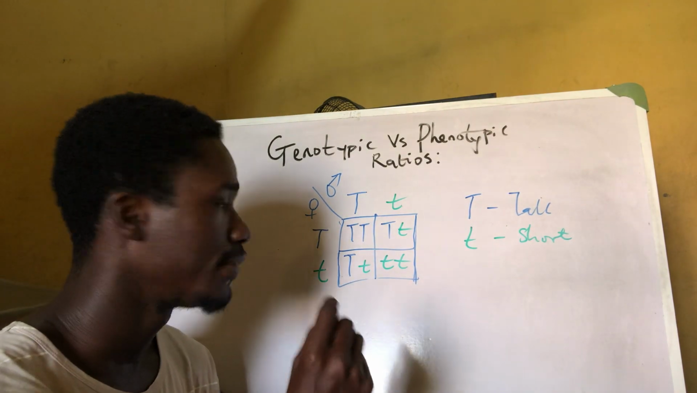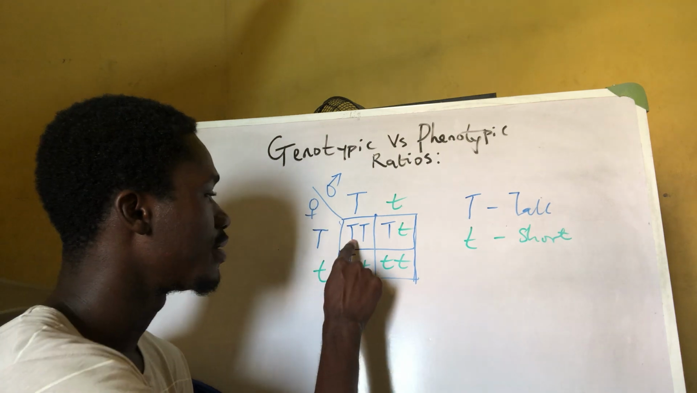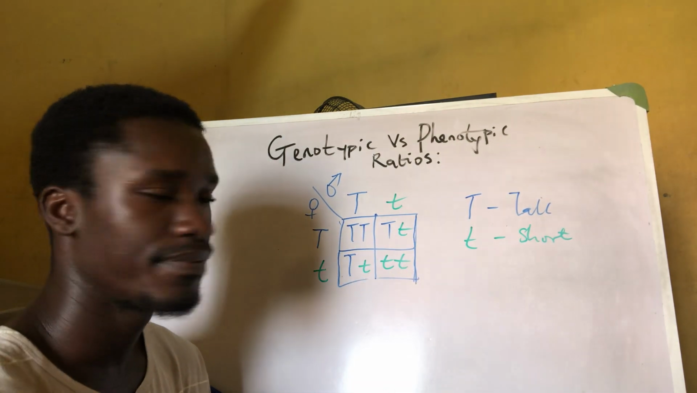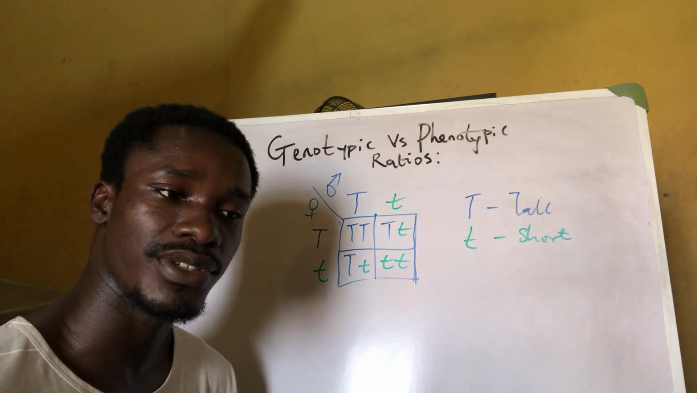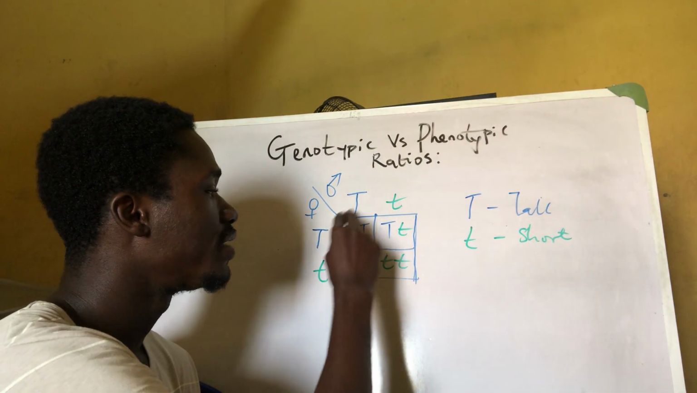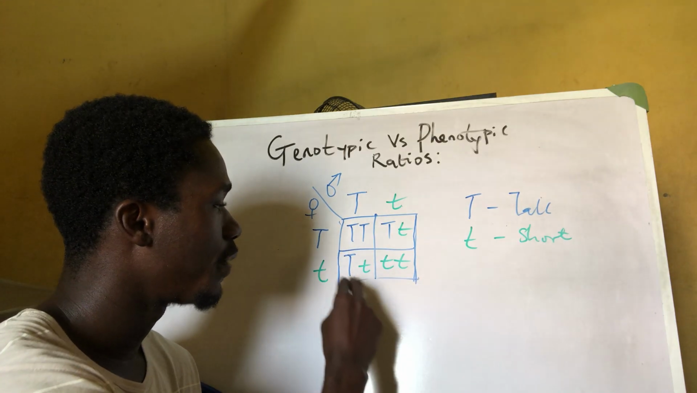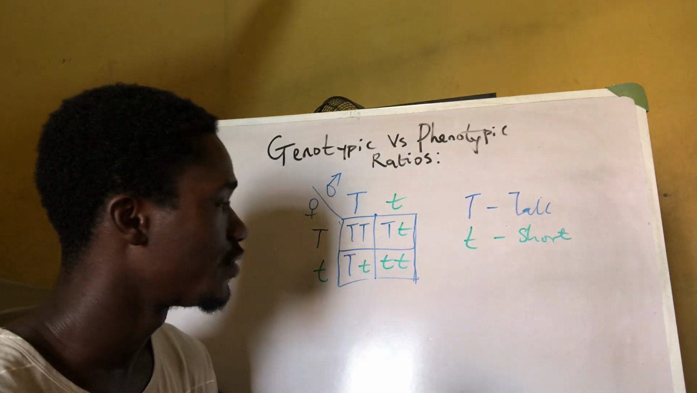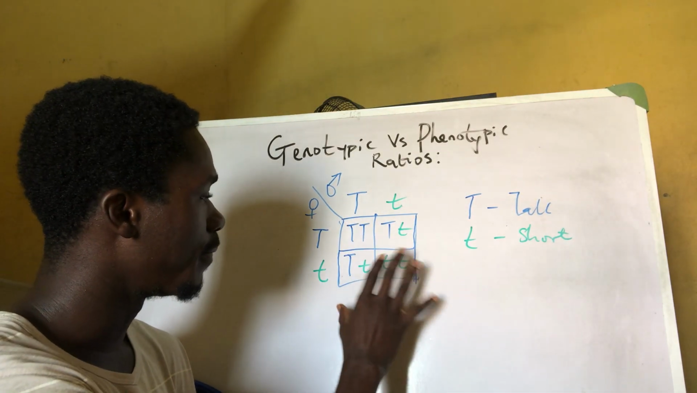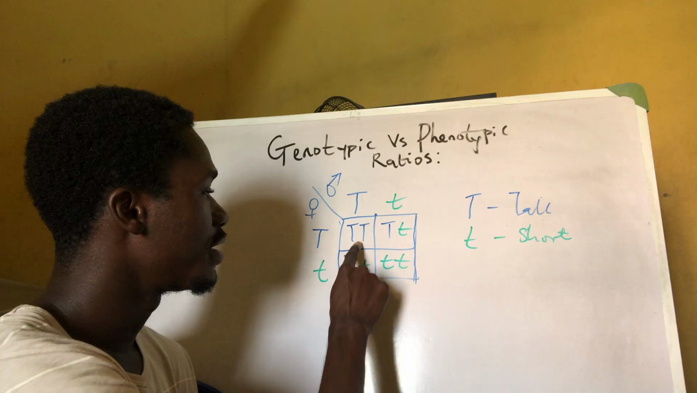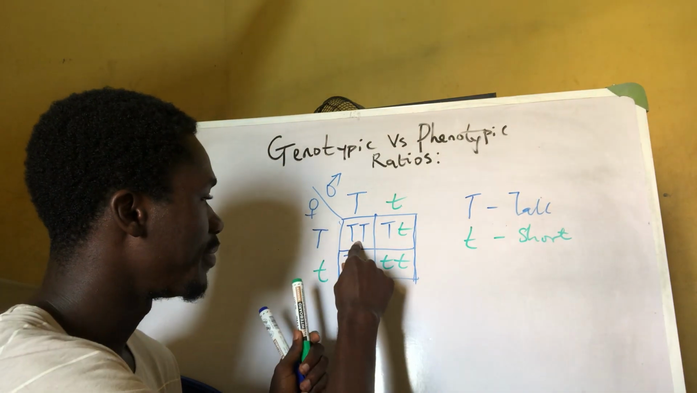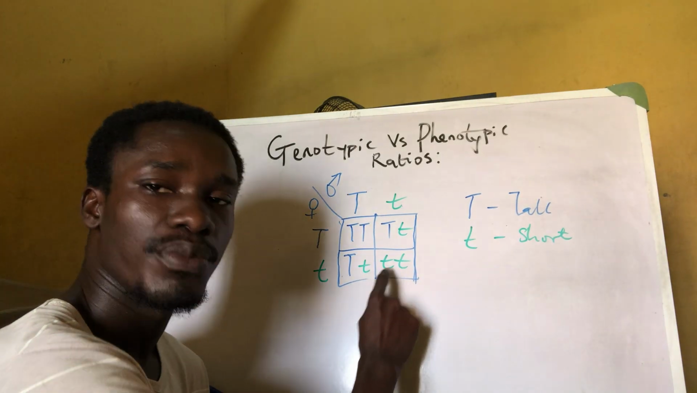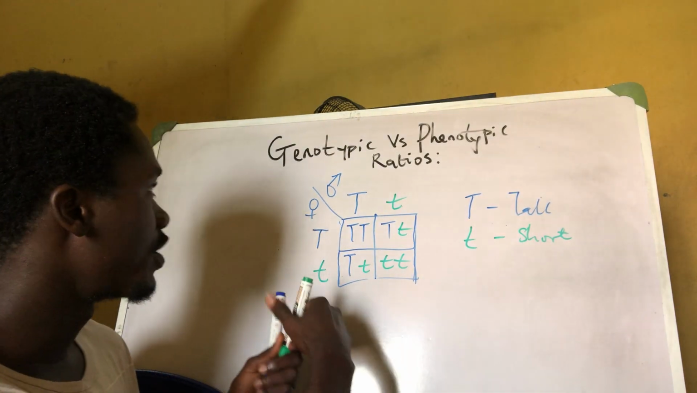Now, when we talk about genotype, we're talking about the combinations, like as we can see, the TT. Genotypic ratio simply means how many of these possible offspring look different. So how many different combinations can we see here? This is big T, big T, big T, big T. We have big T, small t, we have big T, small t, and then we have small t, small t. So the genotypic ratio